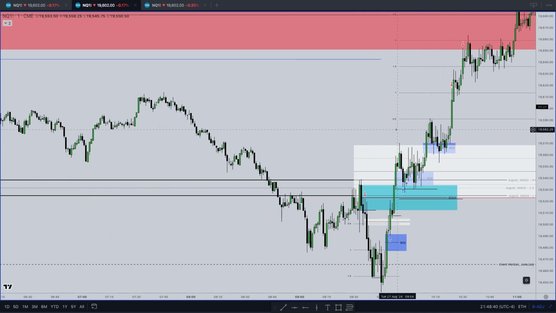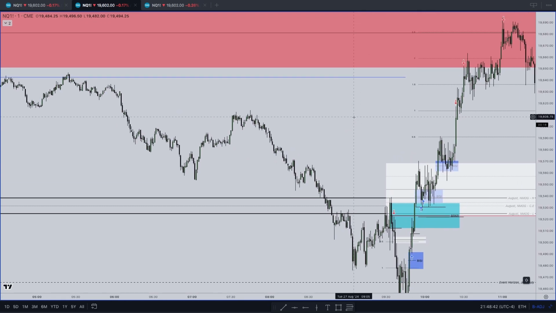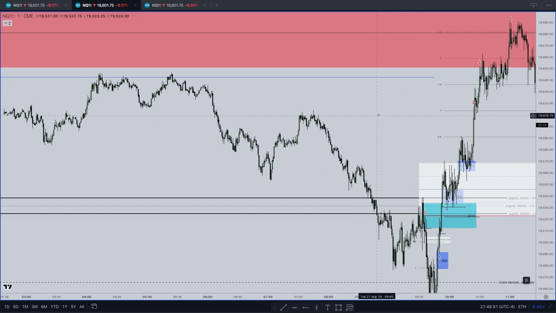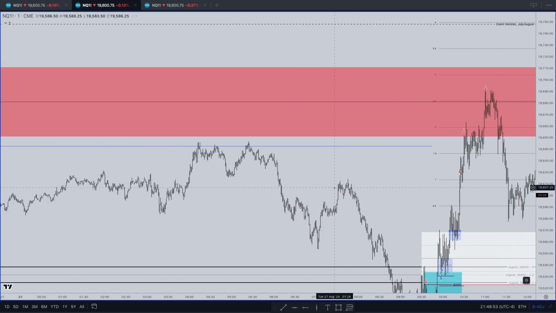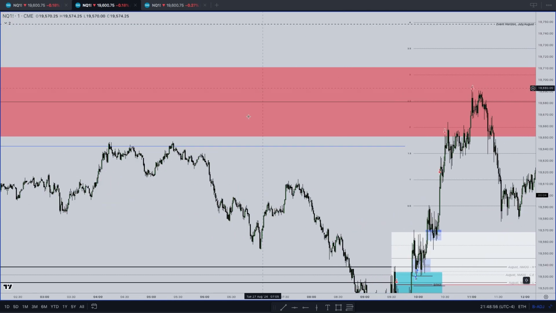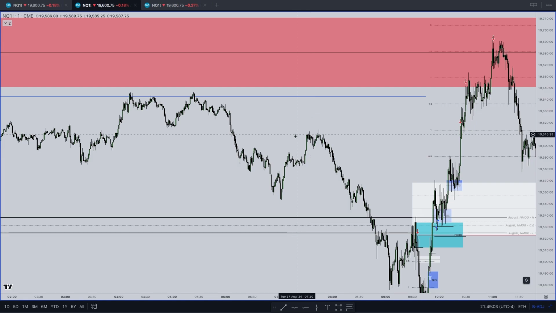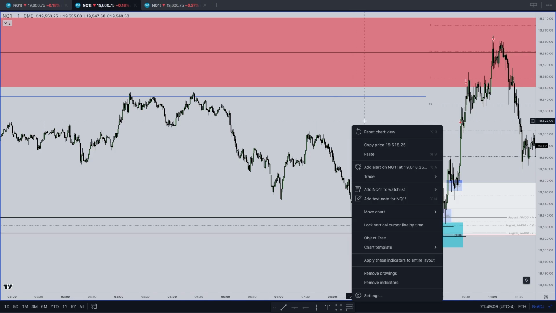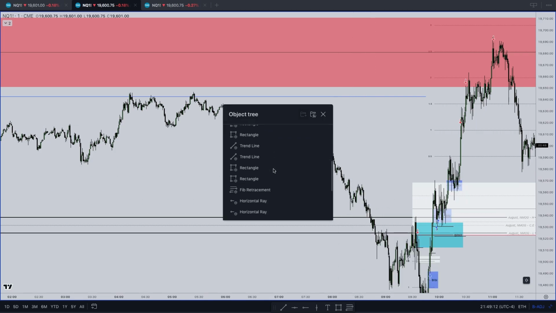So where is my first target now? I'm using for confluence my standard deviation projections, and also I'm using the previous gaps, and I want to offset my positions using the liquidity from pre-market hours. I use those elements for partial taking. Okay, so